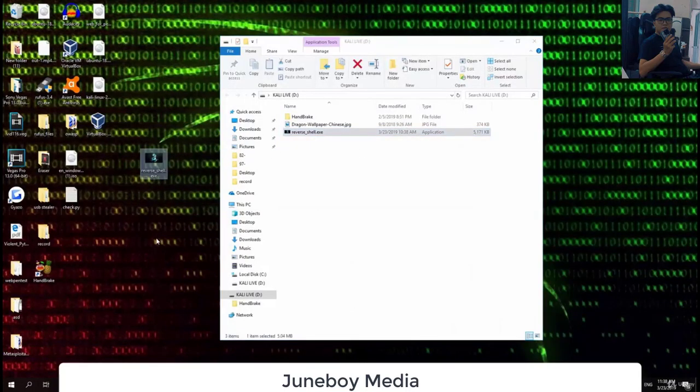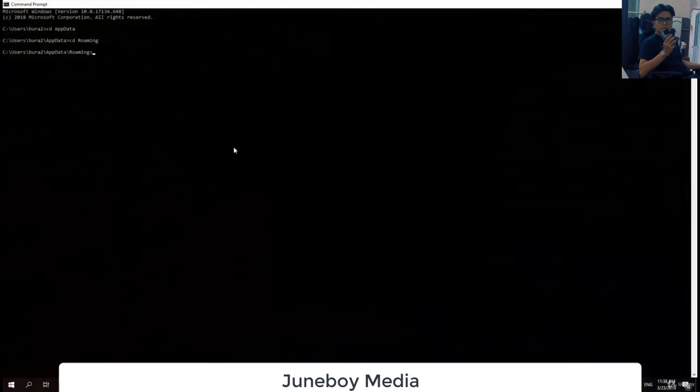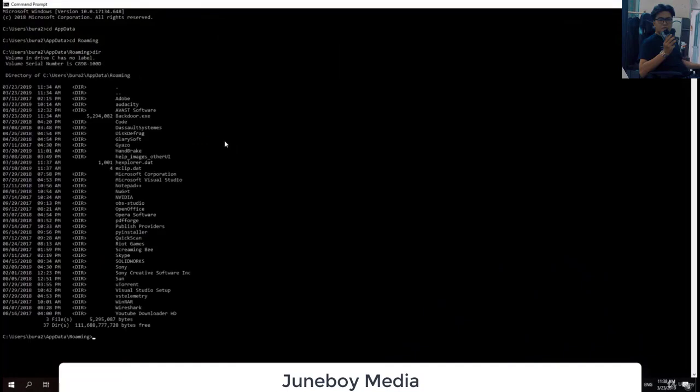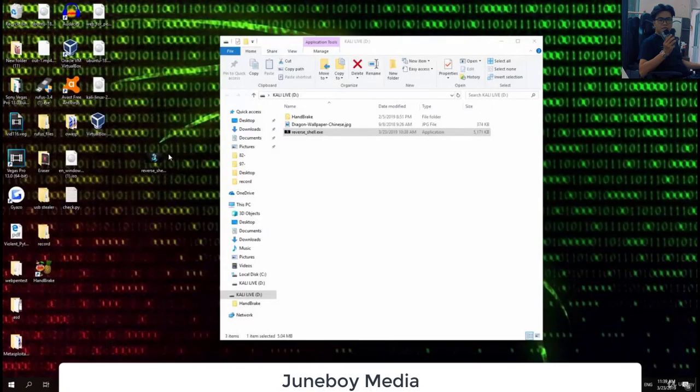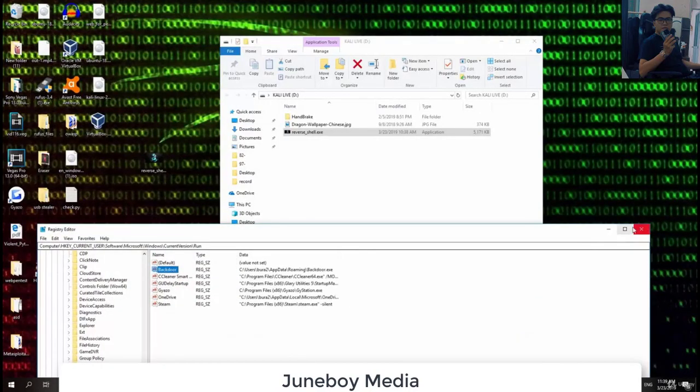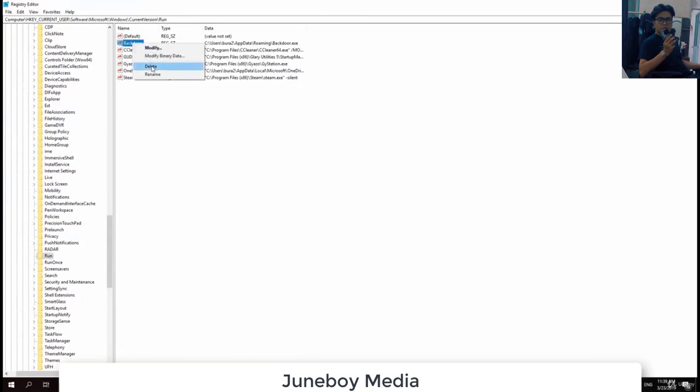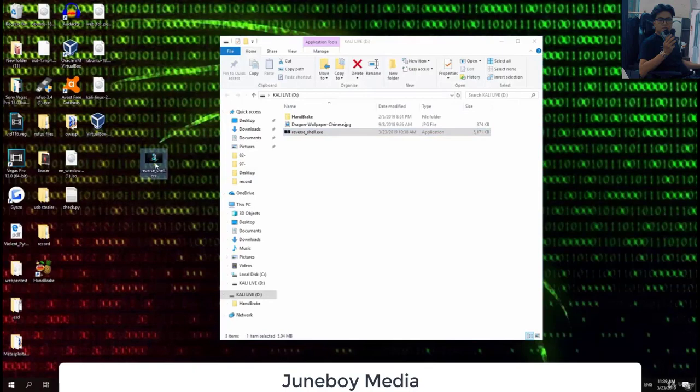As we can see, it looks exactly the same as in the previous one, just this one should open the image now. But before we actually do that, we need to delete the previous backdoor.exe. Since if we do not delete this and also the registry, this will not open an image, since it only opens the image once it is being run for the first time. So let us delete the backdoor, exit the command prompt, and also let's delete the registry key. So click here, delete this value, and right now if we run this,